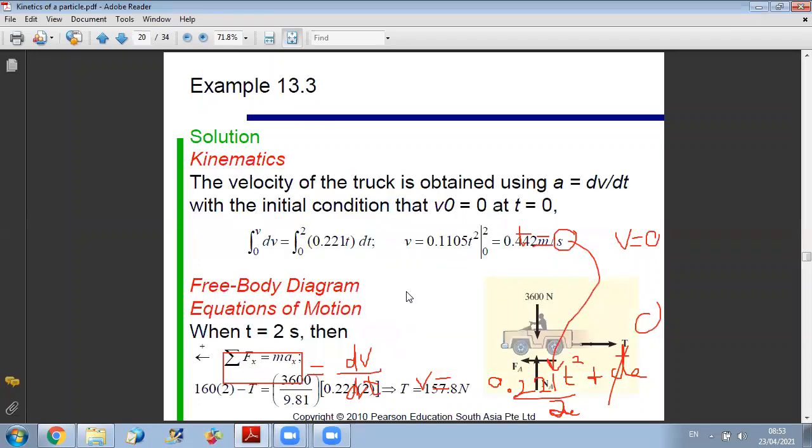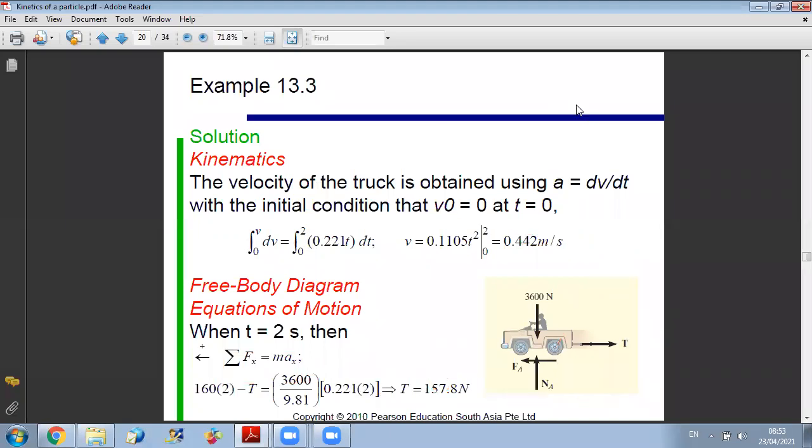So as you can see here, we did separation of variables, and we integrated here from 0 to v and here from 0 to 2. Or you separate variables, or you do integration and you add a constant that you can find from boundary conditions. Both methods are right. Now, the final step in this problem is to find the coupling force between A and